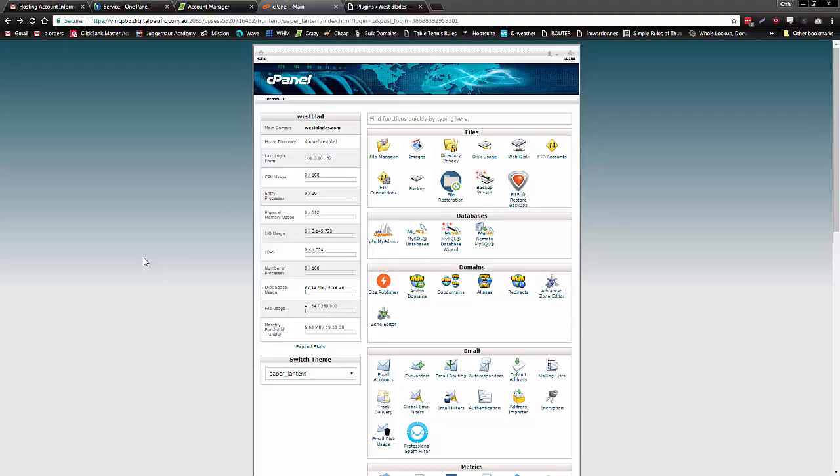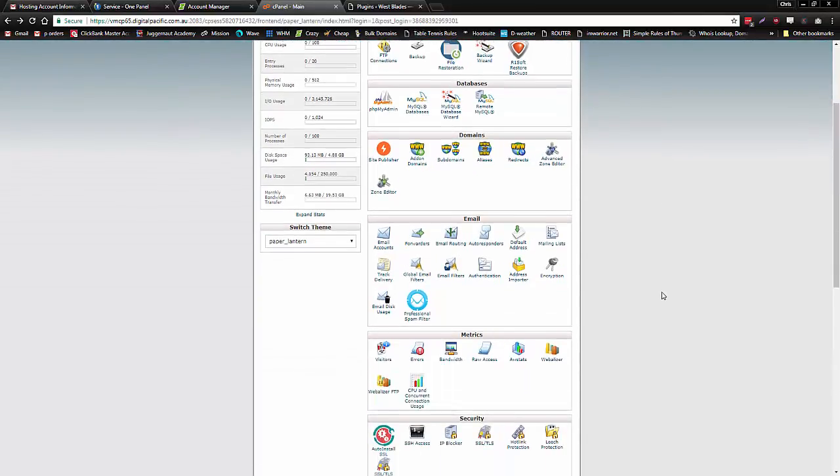Right, so here we are at the cPanel, and we're about to do what they call the one-click WordPress install. Now this is the area where you can adjust a whole bunch of stuff about the hosting on your account. You can create email accounts, you can add and remove files, but for now we're just going to scroll down to the bottom of this page